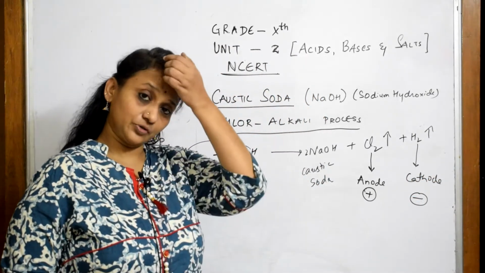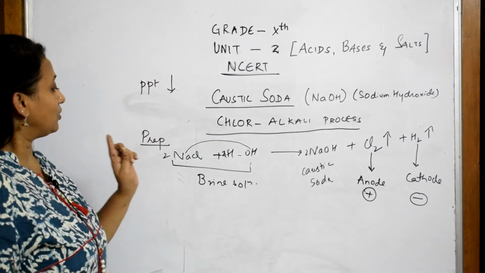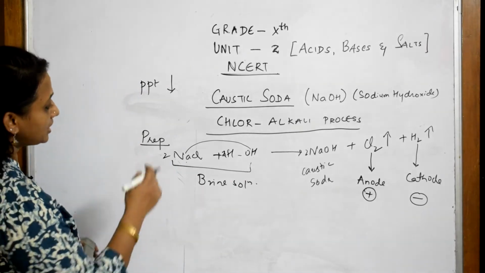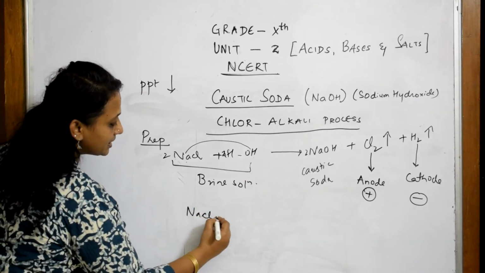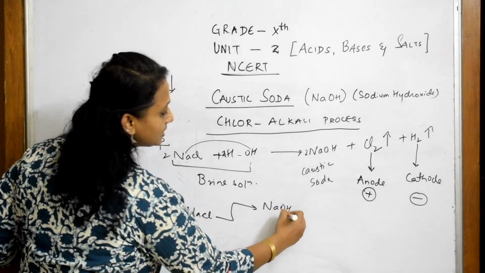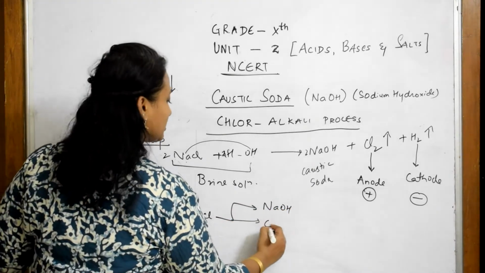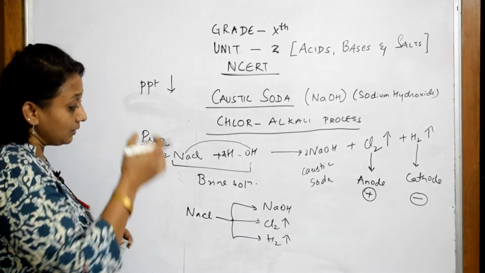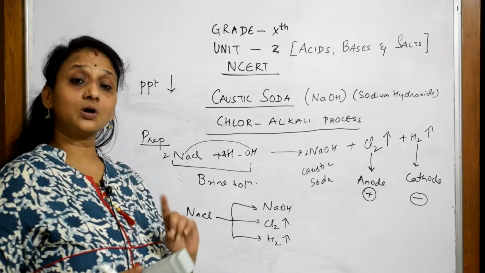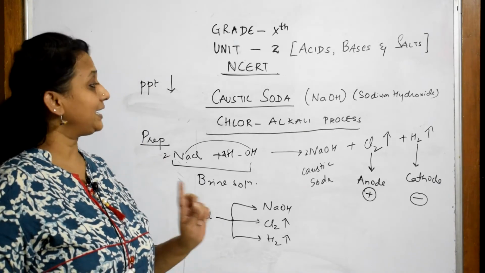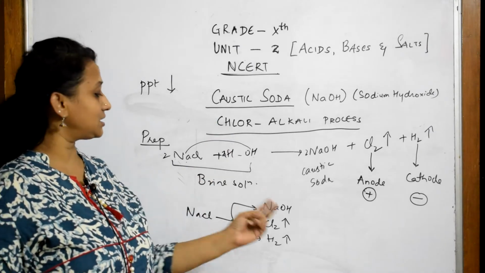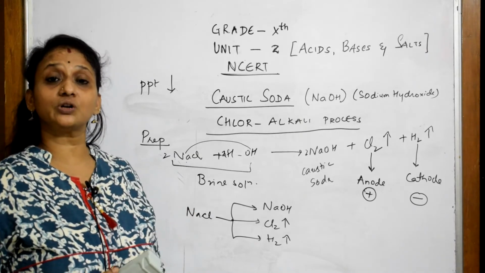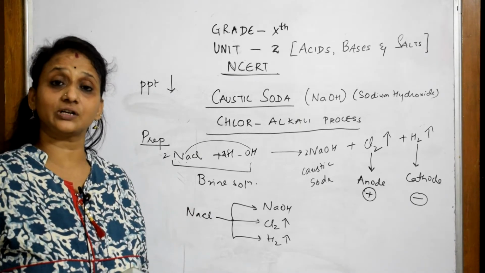Now here, what you should remember, just see. Basically, using sodium chloride or common salt, I have prepared 3 different compounds. What did I prepare? So this will be a question. From NaCl, I have prepared sodium hydroxide, that is caustic soda. I have prepared chlorine gas, that is one byproduct. I have also prepared hydrogen gas. Now, with this, what sort of question will be asked? What are the different byproducts formed in the chlor-alkali process? What should be your answer? Chlorine and hydrogen gas.